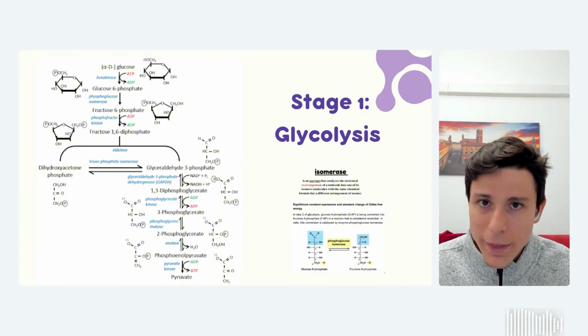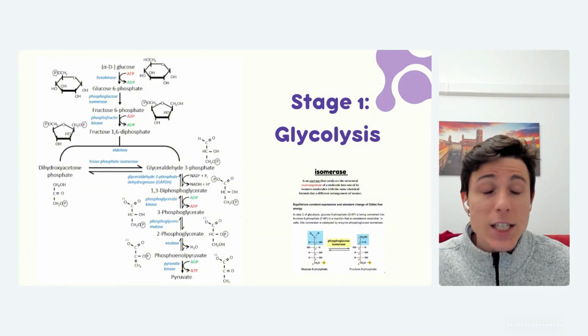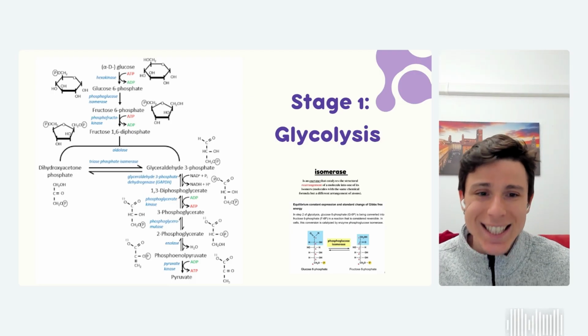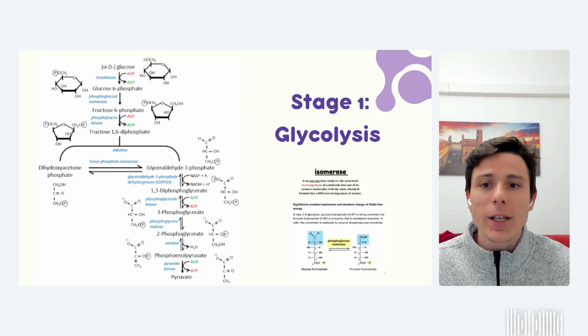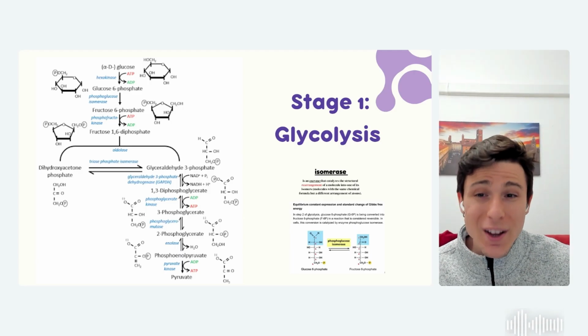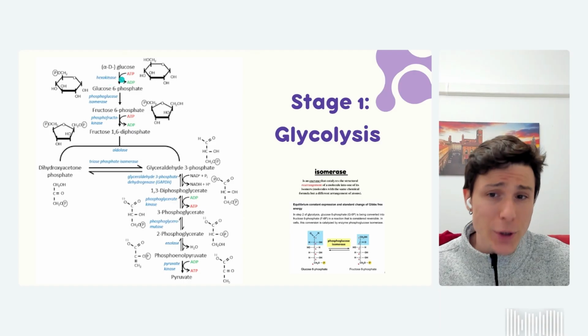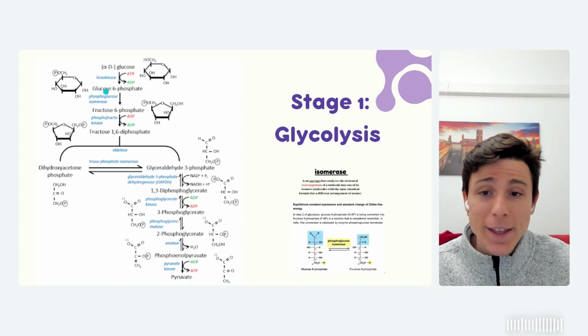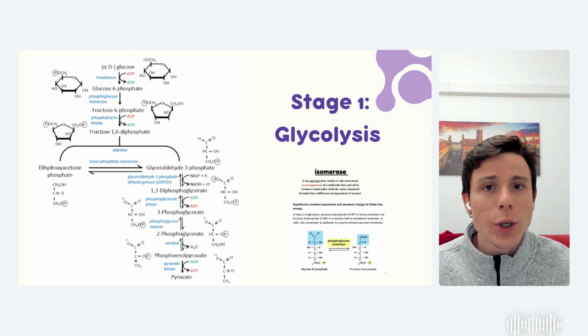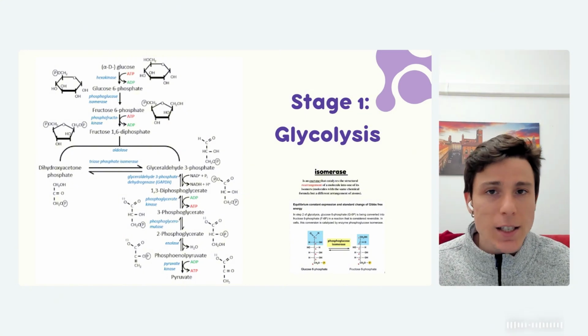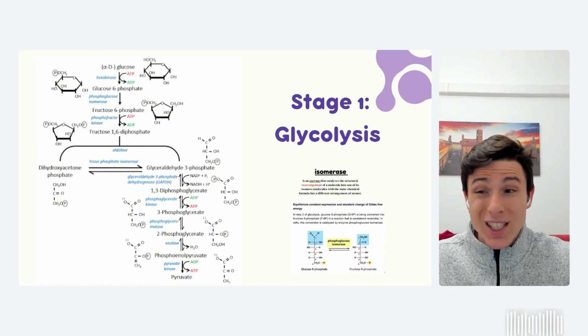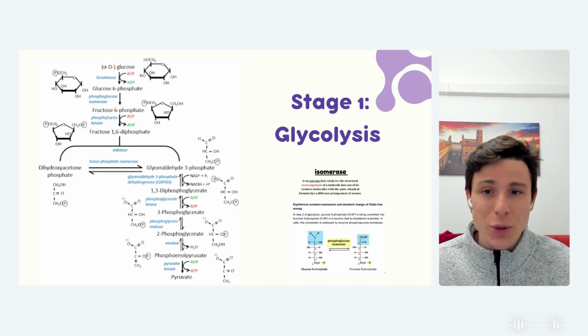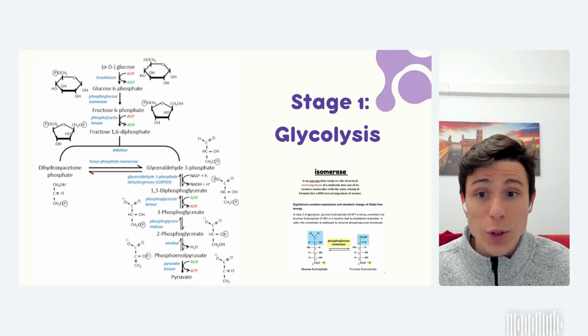And the cell does not want that. So the first step of glycolysis is making sure that glucose is not leaving our cells, okay? In order to do that, it needs to change the glucose structure a little bit. So we're going to have an enzyme playing an important role here called hexokinase that is going to add a phosphate to the glucose molecule. Doing that, it cannot exit the cell anymore through those transporters because they don't recognize it. So that's a really smart strategy for our body, guaranteeing that glucose is going to stick inside the cell.